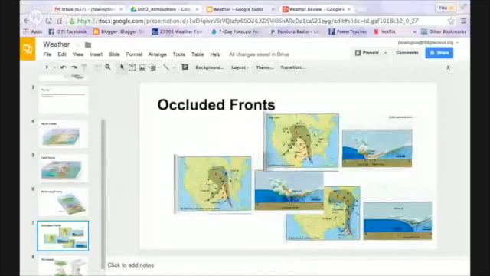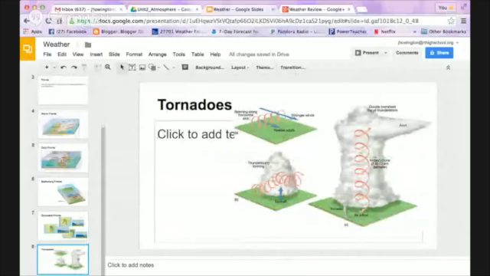We're back, and we're going to talk about tornadoes. Something you need to know about tornadoes: the first thing that needs to happen for a tornado to form is for a thunderstorm to form. The definition of a tornado is a violent windstorm that takes the form of a rotating column of air called a vortex. So first we have to have a thunderstorm to form, and then we get the formation of a